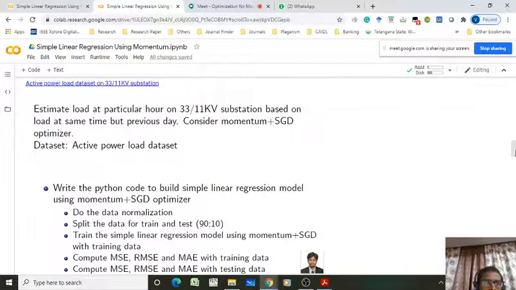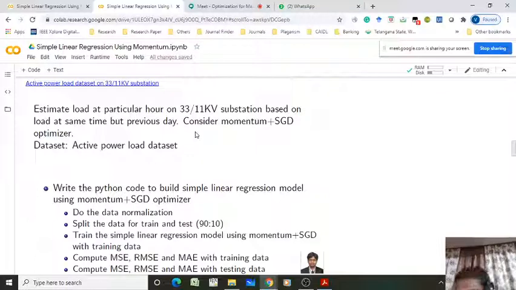Now, another example is load forecasting. Here the problem is to estimate the load at a particular hour of the day on a 33 by 11 kV substation based on the load at the same time on the previous day. Understand? I want to forecast the load at a particular time.